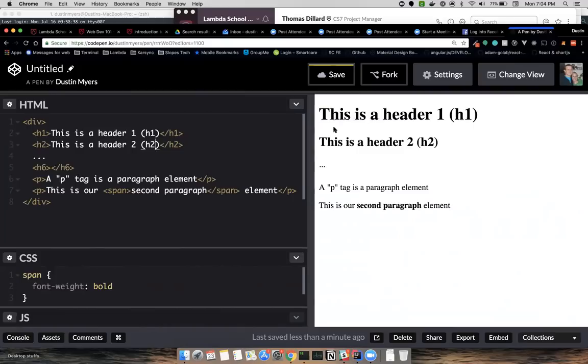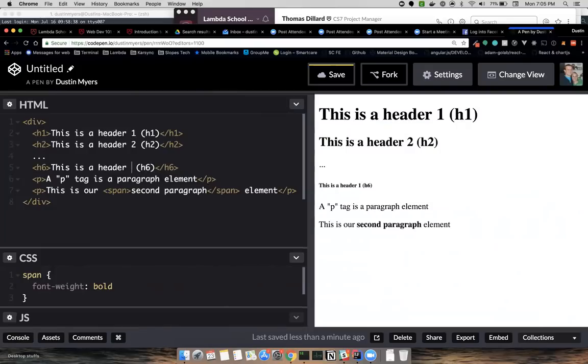So an H2 is smaller than an H1, as you can see right here, and then we have all the way down to H6. As you go up in your numbers, they're going to get even smaller, down even smaller than our paragraph text. But you can see it's still that bold header-looking style. So H1, H2, H3, H4, H5, all the way down to H6 are the 6 header elements that we have in HTML.